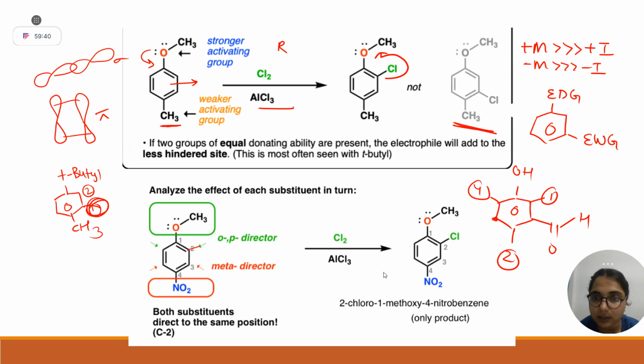Basically, in these electrophilic aromatic substitution questions, they are going to ask you where the electrophile will join. You have to analyze all the possibilities, and if you come to a possibility where you can follow the rules of ortho para directing and meta directing both, that is a perfect situation. If not, then you have to listen to the electron donating group. Understood? Okay, ma'am.